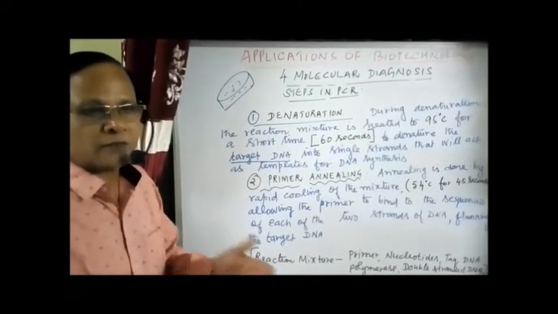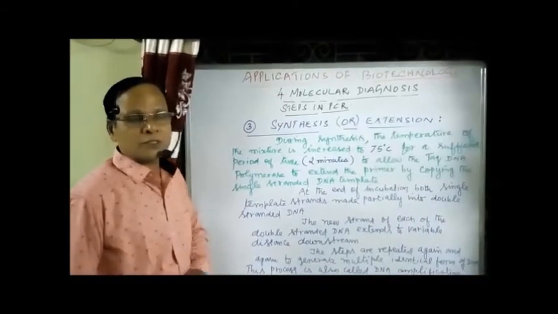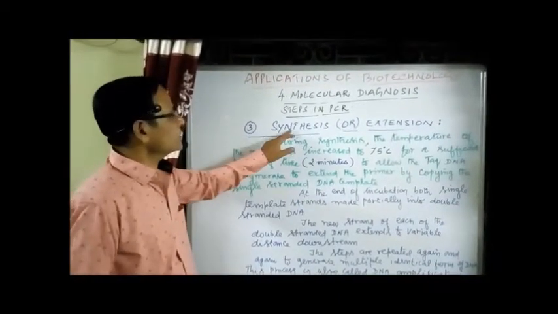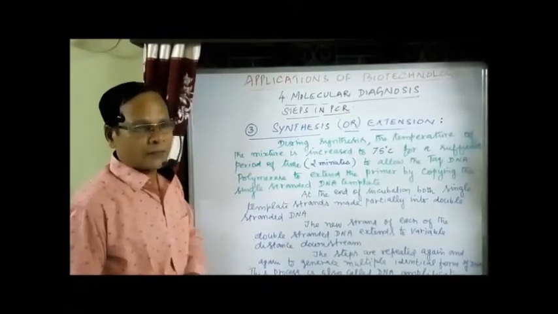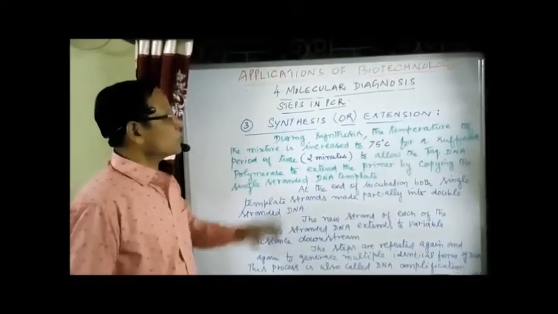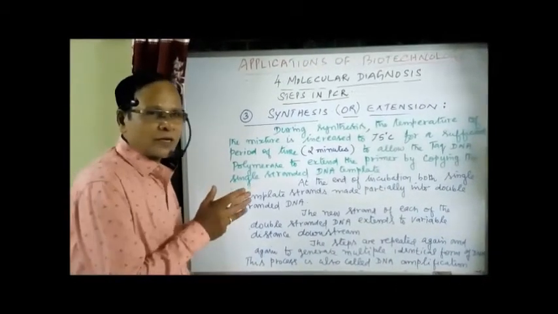That is called DNA of interest. Now the third step in what is called the PCR reaction is synthesis of DNA, or extension of the primer DNA. Now during synthesis, what is happening? During the DNA extension, the temperature of the reaction mixture